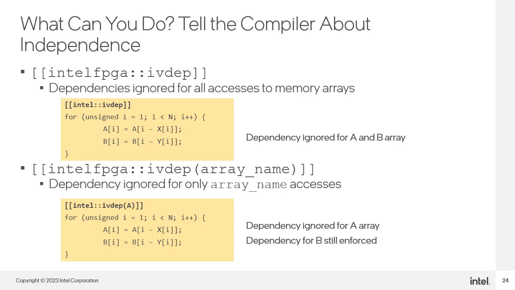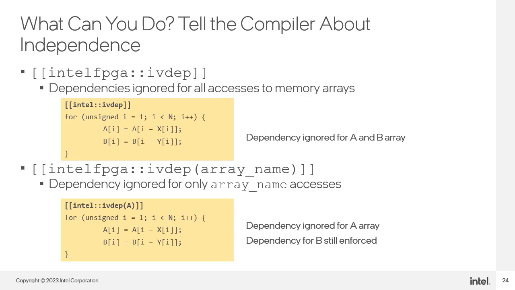Sometimes you can have memory dependency because from one loop iteration to the next iteration, the compiler believes that an access had to be finished first before continuing. This example here shows something that can be interpreted that way by the compiler. Looking at A, the compiler can predict a dependency. You can ask the compiler to ignore dependencies by using the construct Intel FPGA ivdep, just as shown in